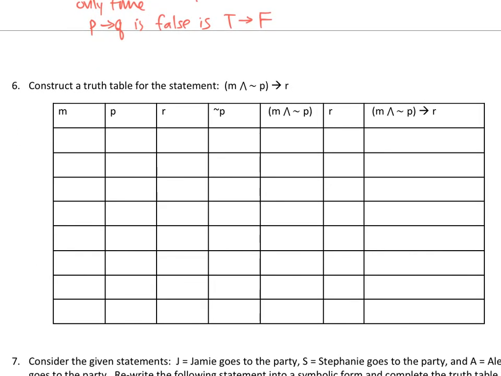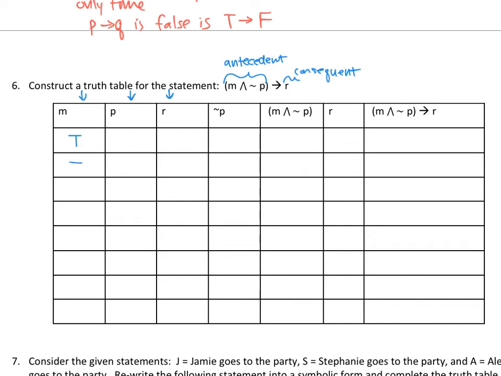Pretty complicated. Here I noticed that we have 3 statements. So there's M, there's not P, and there's R. So this part is the antecedent, and this part is the consequent. So the structure of the truth table is pretty much the same. Since we have 3 statements, we need 8 rows to cover all possible cases. So the way I start, the first 3 are just M, P, Q. This part is pretty much fixed. So when I have 3 statements, all my truth tables are going to start pretty much the same way.